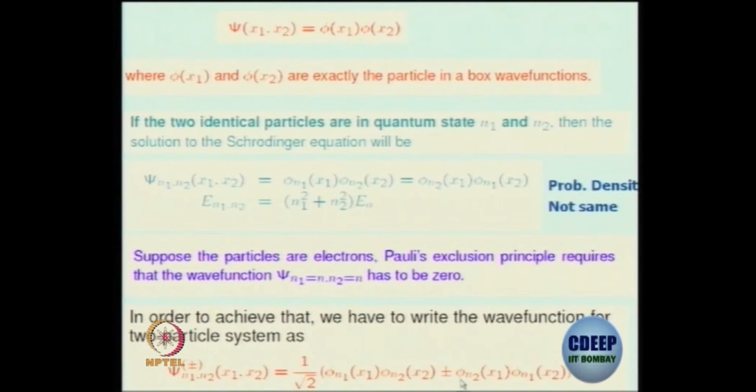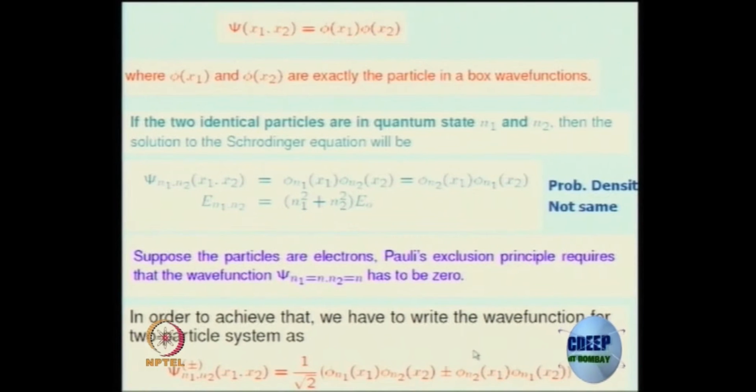You can write plus or minus. Which one is right? It's the minus sign which is right for the electrons. Suppose I replace the electron by a boson, we'll put a plus sign, because it should be non-zero. You can't have a minus sign. Clear? And this will also take care of the probability density; the plus sign, plus 1 and minus 1, is very important. So you can see that for a 2-particle system, even for non-interacting,